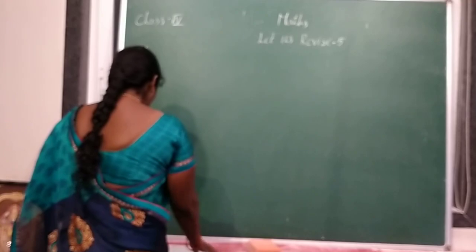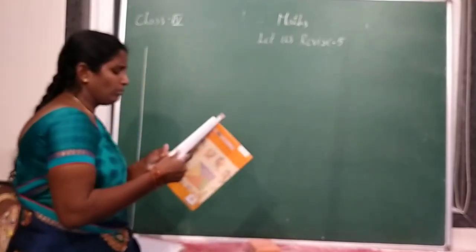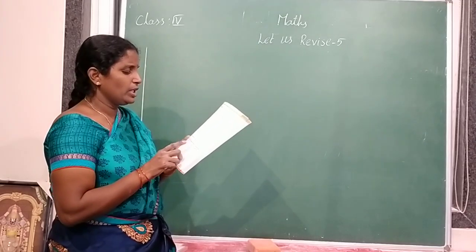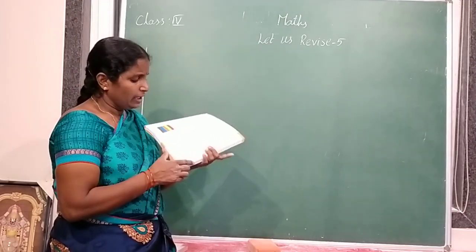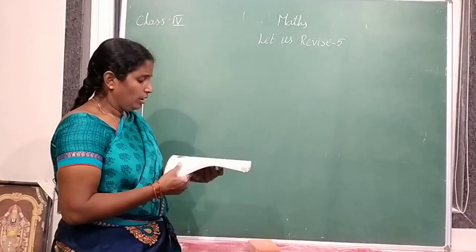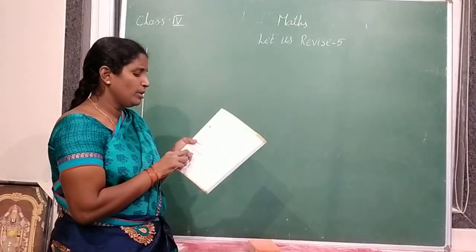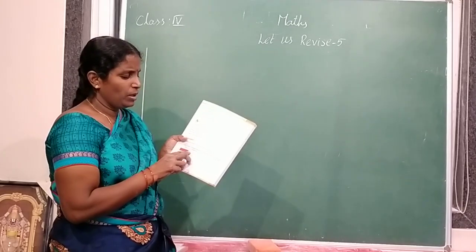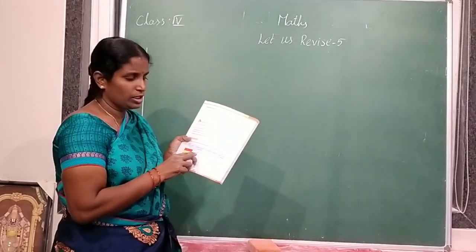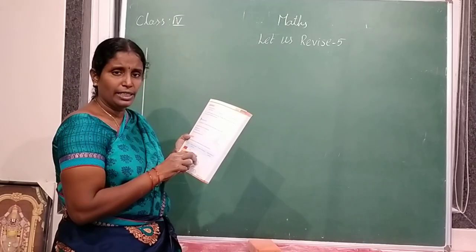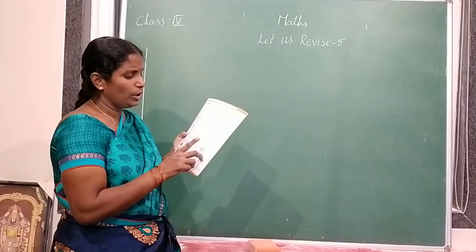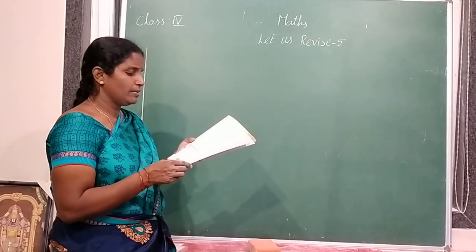Practice zone 9. Find the total number of pencils in different boxes in a stationery shop. Here they are given multiplications like a table. See here in this table, color of the box. So in red color box, 142 pencils are there in each box. And how many boxes are there? 12 boxes. Then you have to find the total number of pencils.